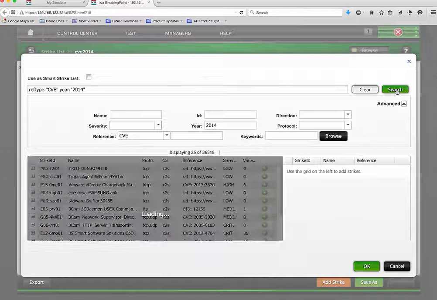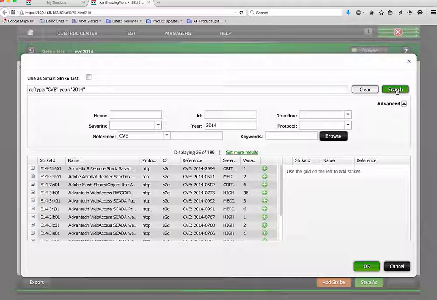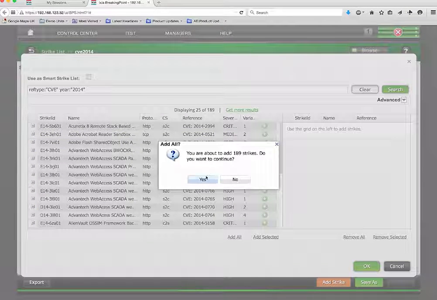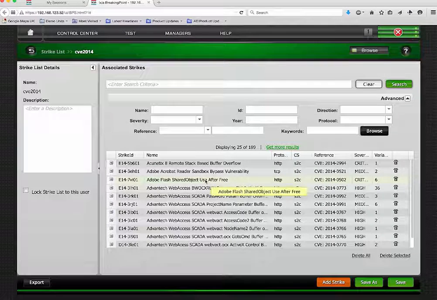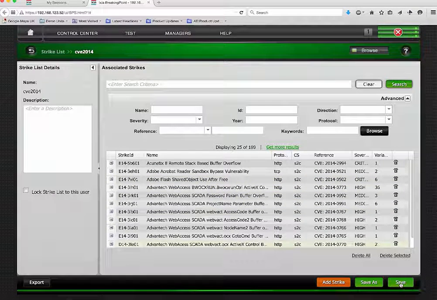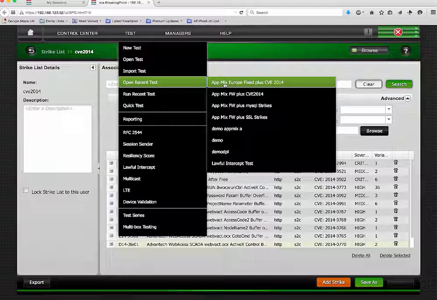So I click the Search button and collapse the Advanced tab, and now I can see that I have 189 security strikes that match this search criteria. I'm happy with that, so I'm going to click the Add All button, confirm that, and now I will click the Save button. So if I go to my previously saved test,